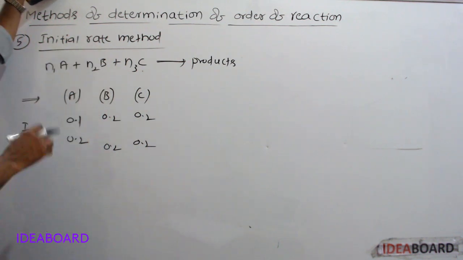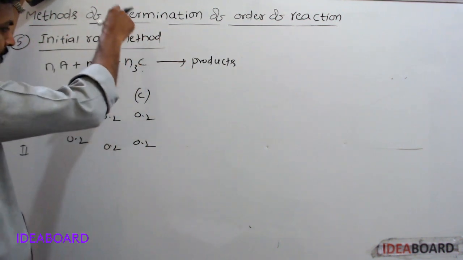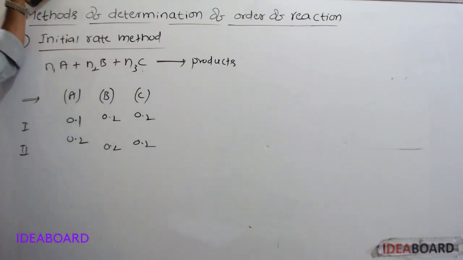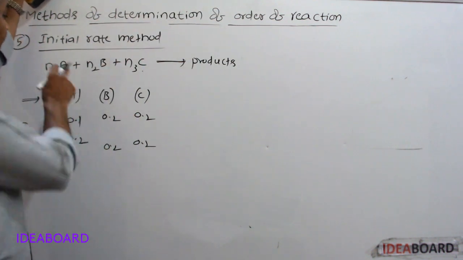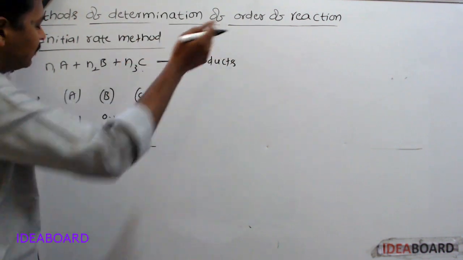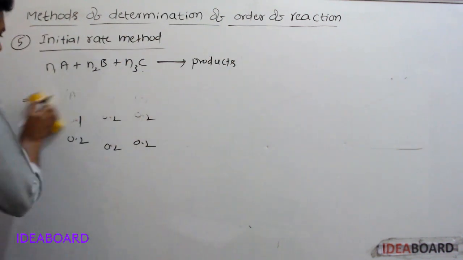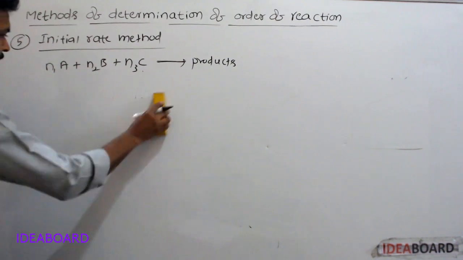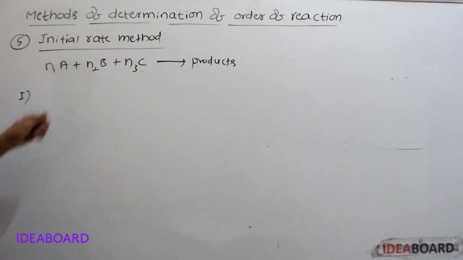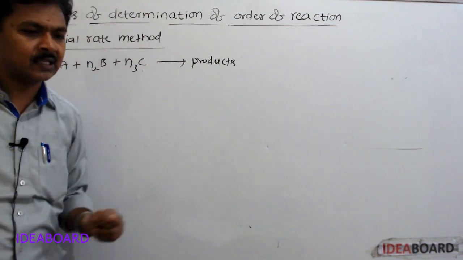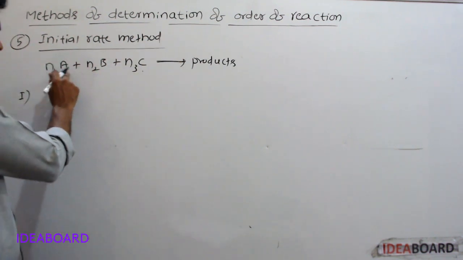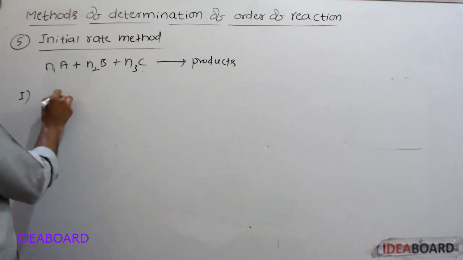Second experiment, by keeping A concentration and C concentration constant, we can determine order with respect to B. Third experiment, by keeping A concentration and B concentration constant, we can determine order with respect to C. For example, see in the first experiment, by keeping B concentration and C concentration constant, if A concentration is doubled, then rate,